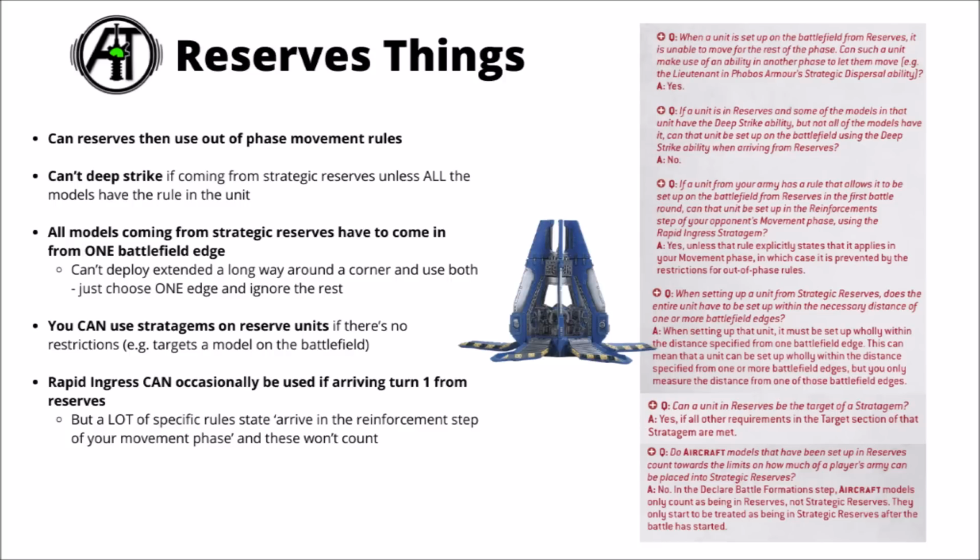If you arrive from strategic reserve, then you have to come in from just one battlefield edge. You couldn't use multiple different battlefield edges, and it extends the unit in a really long way around a corner, I guess. You basically have to pick one battlefield edge and then just ignore the rest for the purposes of that rule. So it still means that you could set them up within a corner, but you couldn't snake them